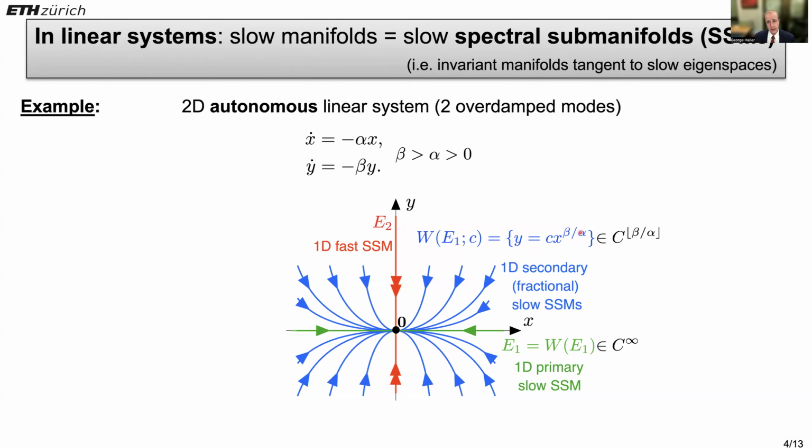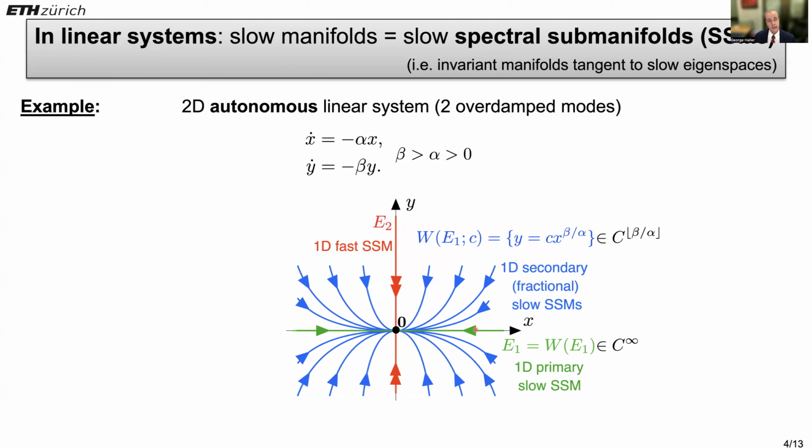But if you work out their functional form, which is an easy calculation, it's an x to the beta over alpha type dependence. So it's only finitely many times differentiable, depending on the integer part of beta over alpha. So there's a dramatic drop of differentiability from infinity to finite. So long story short, when you have spectral subspaces, slow spectral subspaces in linear systems, then there will be already